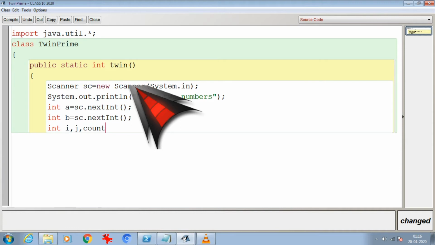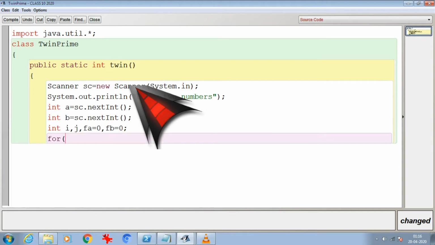For a, I'm using the variable fa, and for b, I'm using the variable fb. For fa I'm initializing it as 0, and fb also I initialize as 0. They will count the number of factors. Now let me run the loop.